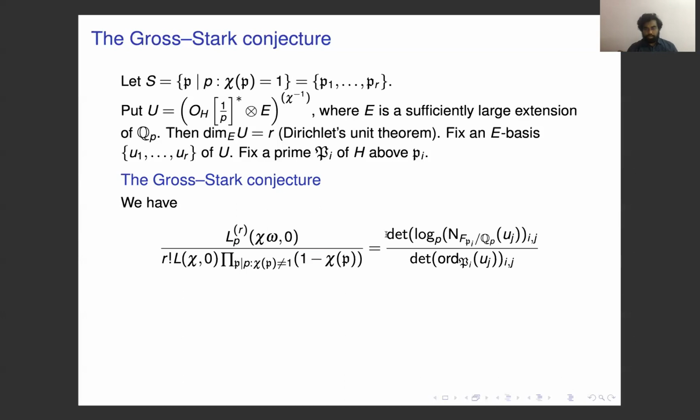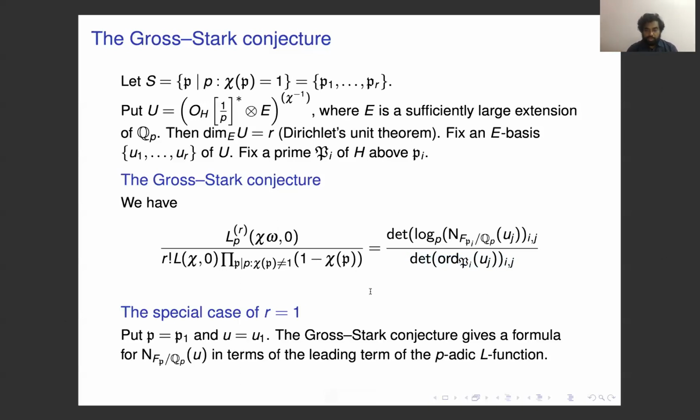I take its determinant. So this numerator is what is usually called the Gross regulator, or this ratio, whichever, depending on how you want to normalize it. And in the bottom, I have to take ord with respect to this capital Pi. Okay, this denominator is non-zero because this is a basis of U. All right,